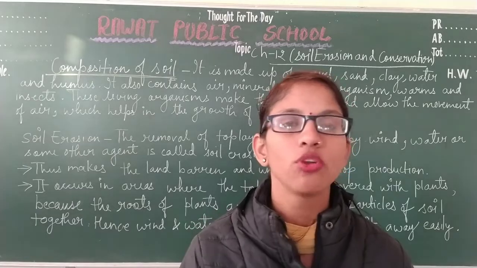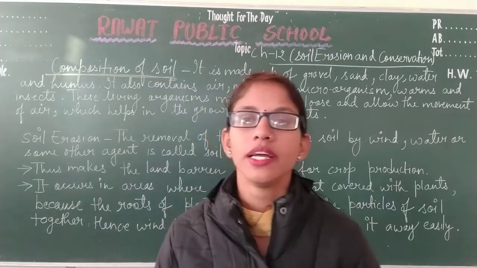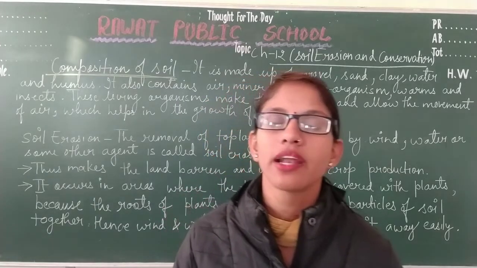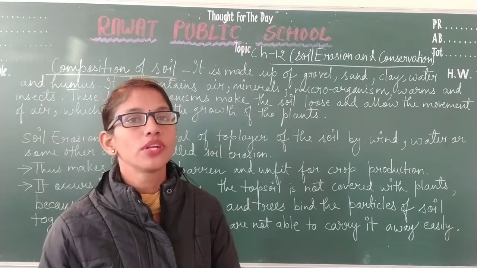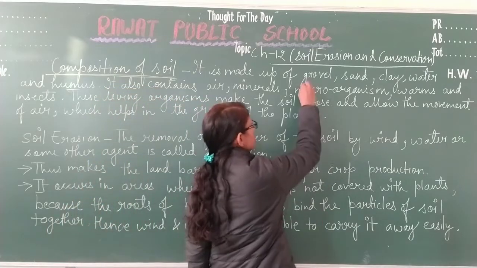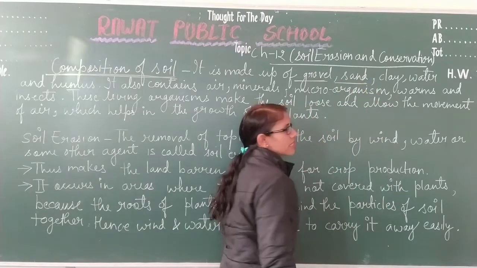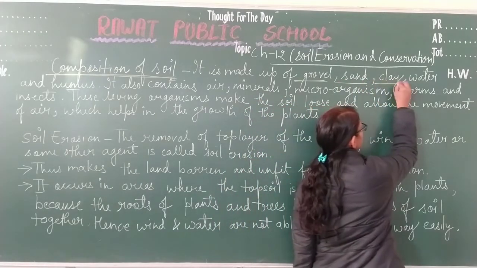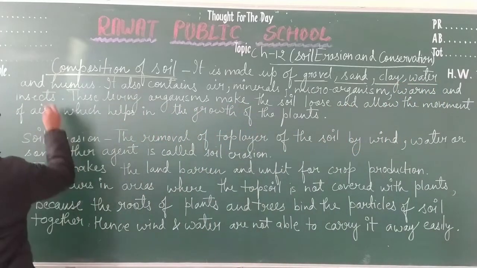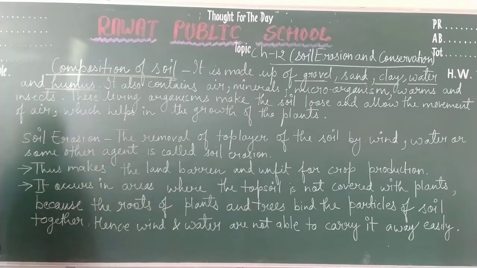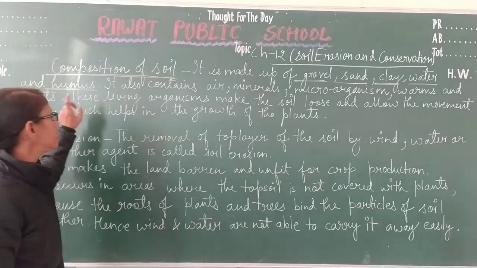If you take a handful of soil from the garden and dissolve that soil in water in a transparent jar, after some time you will see that the soil separates out into different particles. At the lower region, the gravel, the small rocks are present, and above the gravel there are small sand particles. Then above this there is clay, above the clay there is water, and at the uppermost layer of the water, the humus will float.